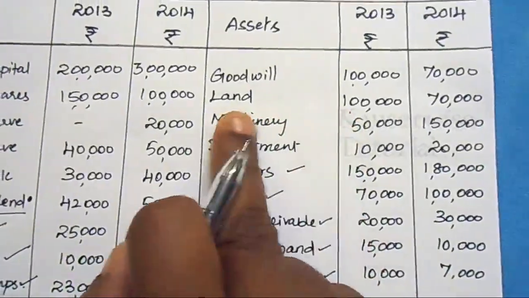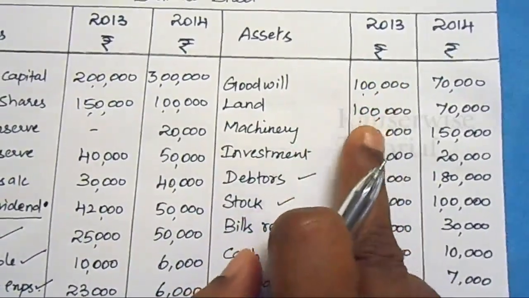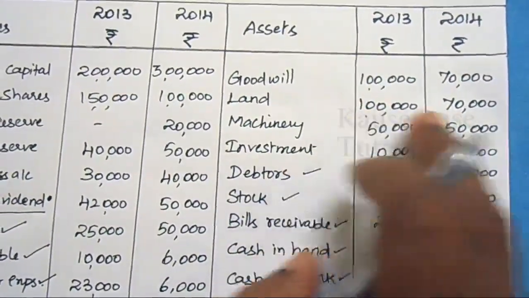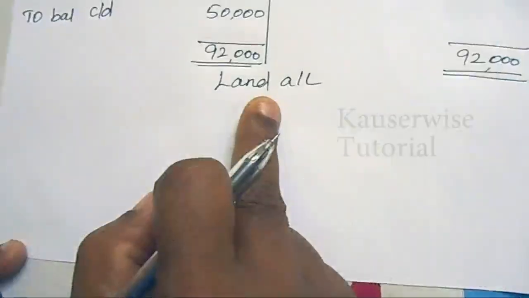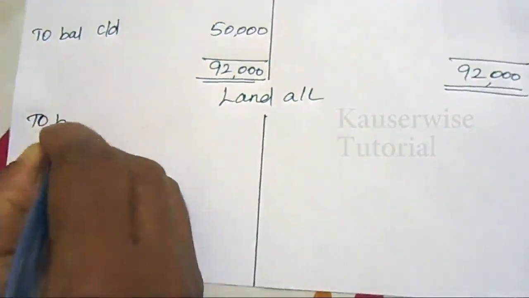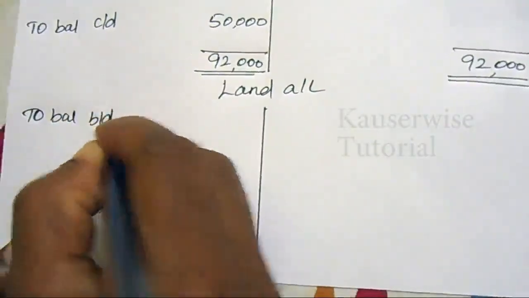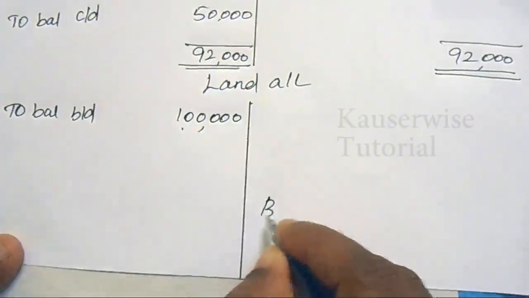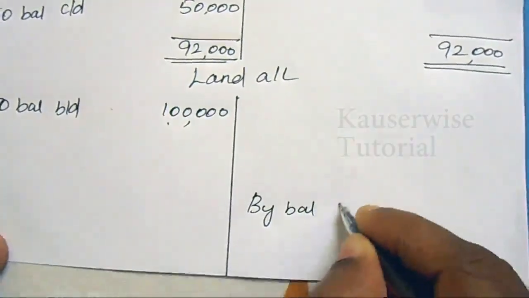Look at the balance sheet. Land value, how much? In the year 2013, 1 lakh. 2014, 70,000. This is opening balance. This one is closing balance. Land is an asset, no? So asset always shows debit balance. So to balance, opening balance brought down, how much? 1 lakh. Closing balance on the opposite side, by balance carry down